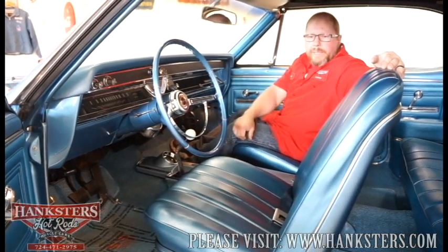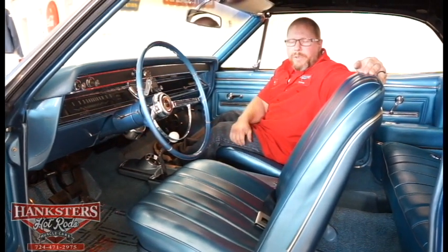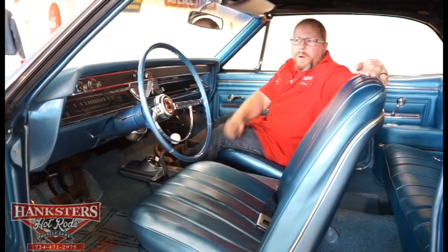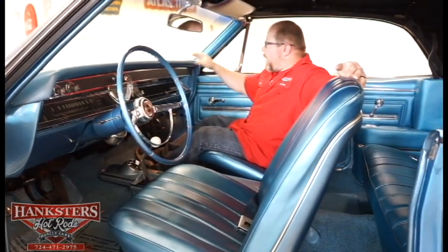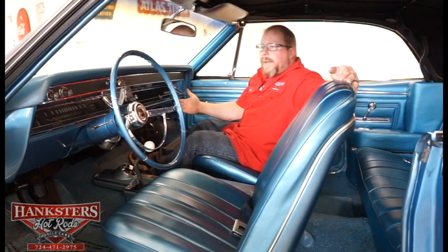The armrests, those are in great shape. They're not split or torn from years of use. It looks to be fairly new stuff there. Even the trim work around it, the bright work, looks to be great on this car. You've got the blue dash here. That's in great condition. There are no tears or cracks in that dash pad. It's got the original factory dash in it, factory instrumentation